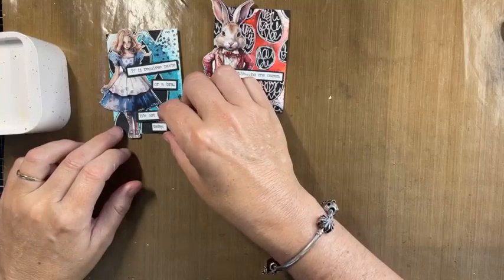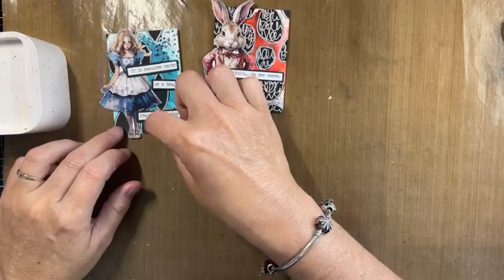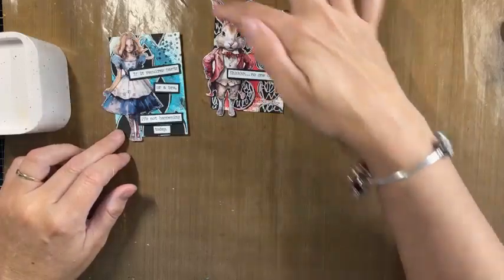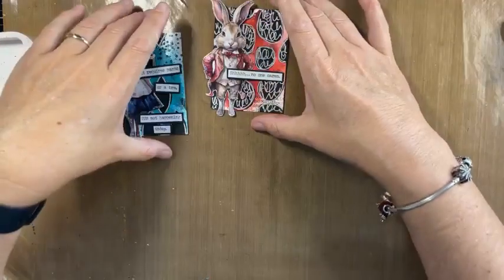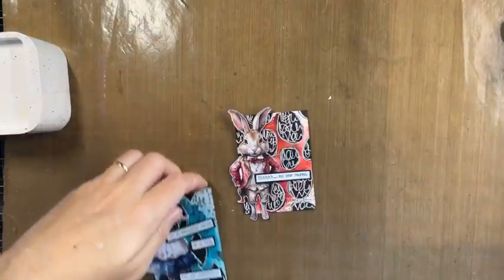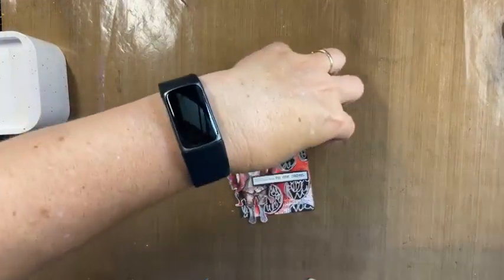it is not happening today. And the other thing I will probably do is go around it with a border just to finish it off, and I'll trim them off. So I'll do that off screen, but there's 2 that we have done. Nice and easy, simple ATCs. So popping those aside,